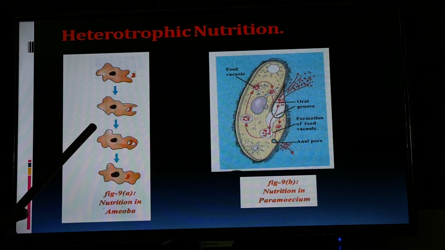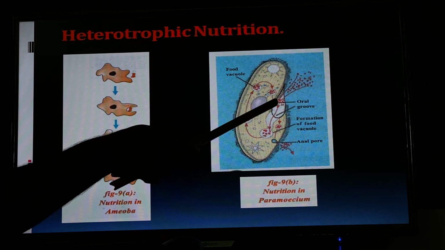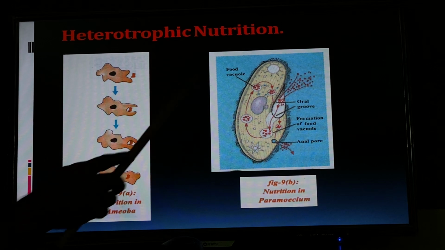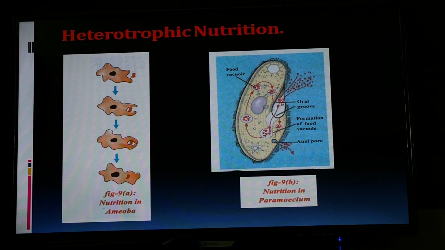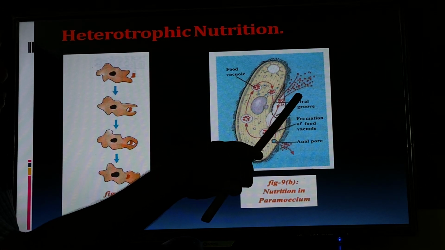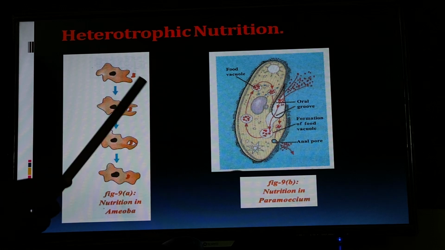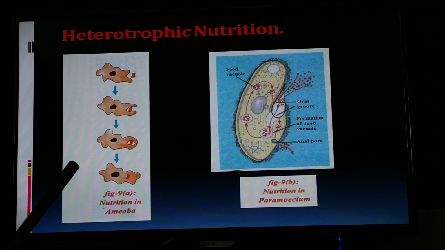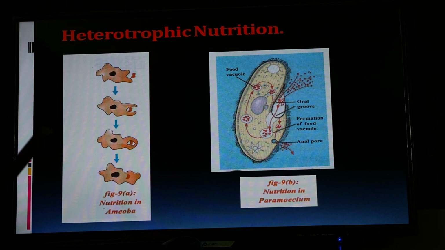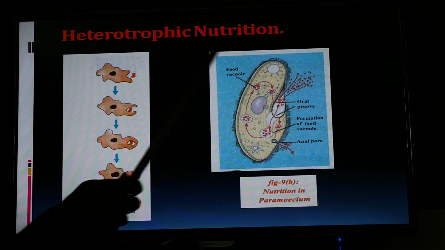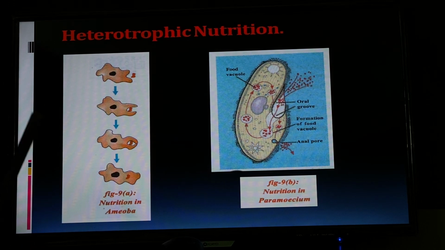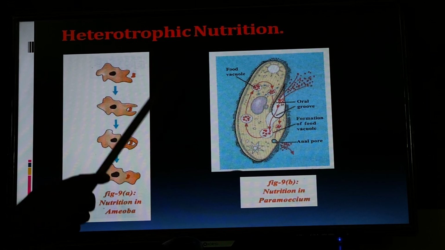So here there is no particular place for entry of food. Here there is a place for entry of food into the paramecium. So entry of food into paramecium is known as cytostome. Keep it in mind. Cytostome. What is meant by cytostome? Entry of food into paramecium through the oral groove is known as cytostome. In both of these, digestion takes place inside the body, that is known as holozoic nutrition. Digestion takes place in the food vacuole. Inside the body they have special vacuoles known as food vacuoles which are helpful to digest the food inside the body. So both are examples of organisms which perform holozoic nutrition. So next,